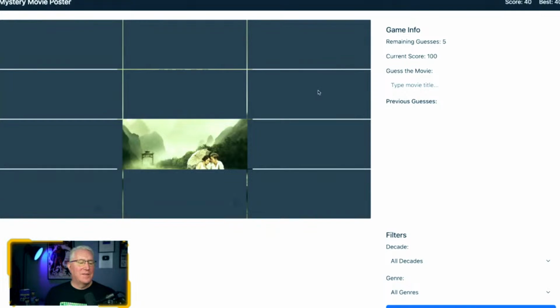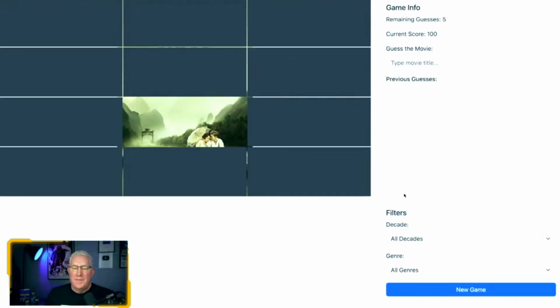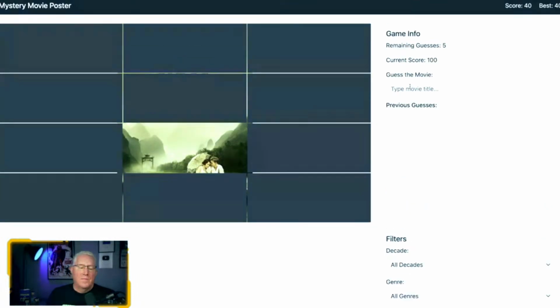So the score works. Okay, let's see if we can fix the... What do you want to fix first? Type ahead or the image? Image first. Type ahead is lame. Yeah, let's do that. Also, the grid is a 4x4, right? Or 4x3. Can we not just make it a 3x3? I think we do a 3x3. Well, 12 worked before. Did we have 12 on the previous version? Yeah, that's the default.